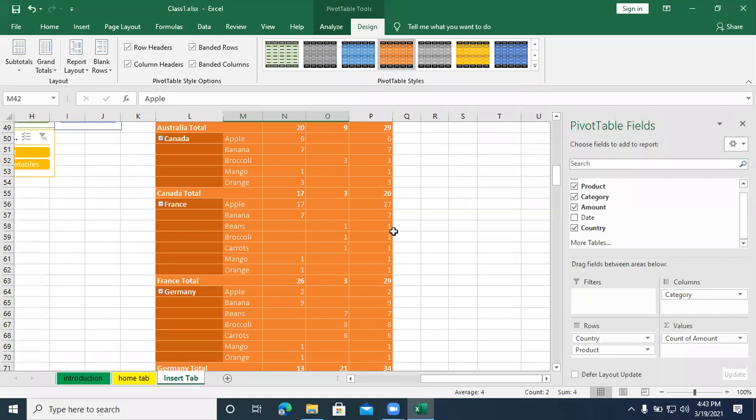Any doubts in this creation of pivot table and design tool under the pivot table? Only 3 students are there in the class. What about the others?